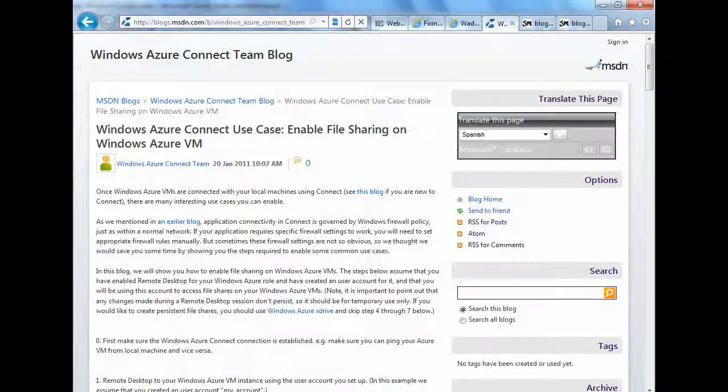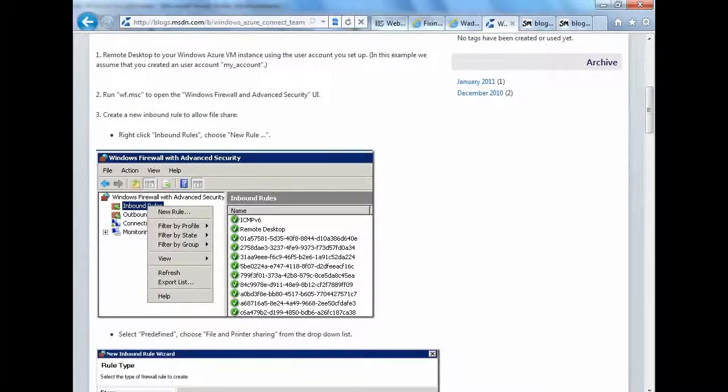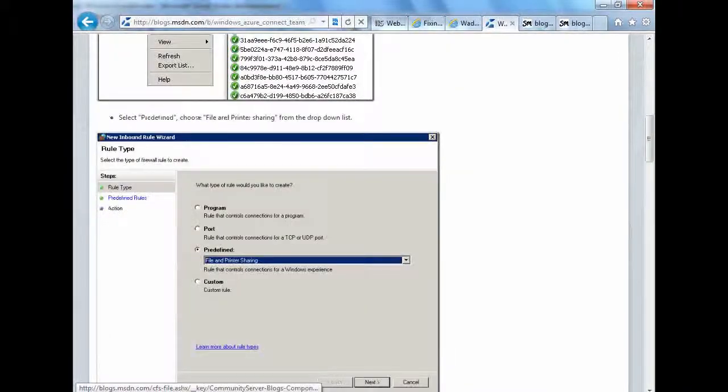This is about sharing files in Windows Azure Connect. This is from the Connect team. Windows Azure Connect means that you get everything on the same network overlay, so you can have your desktop and your machines in the cloud all able to talk to each other at the IP level. It's very neat technology, and it means that people are starting to do all sorts of stuff that they would normally do with servers, like setting up a network share. That's what this post is about: what do you have to do to get file sharing to work? And the only reason this is interesting, I think, is that